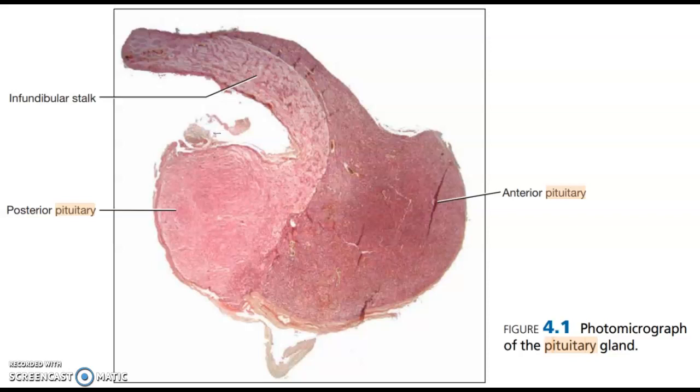Hello guys, we're going to be checking the histology for the pituitary gland, or the hypophysis. Then we have the adenohypophysis, which is the anterior part of the pituitary gland, and then we have the posterior part of the pituitary gland, which is the neurohypophysis. There are two different kinds of tissues. And between them, we have the infundibular stalk, giving origin to the posterior pituitary gland. And we're gonna see in detail, just in a second, the histology of the